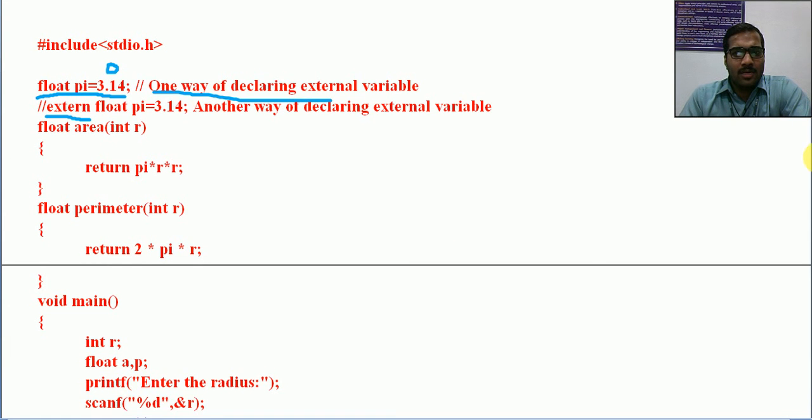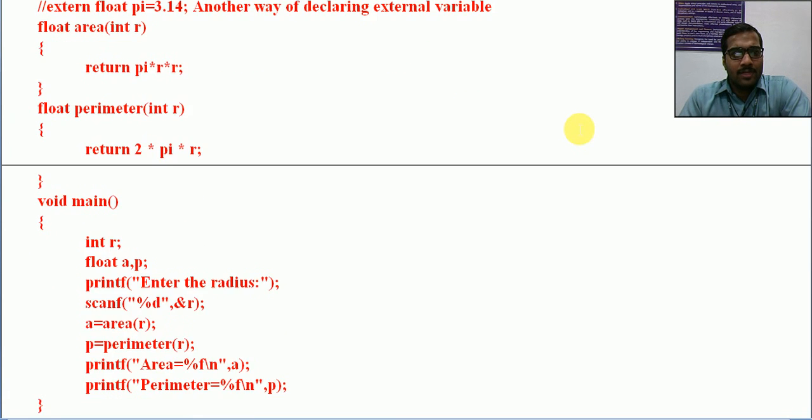Now let us see the remaining portion of the program. We will start with the main first. It is always better to start with main. So this is the main program. What is happening with this main? We are declaring a variable R of integer type, then A and P of float type, then we print enter the radius, then scanf of radius, then in relation with pi we are going to calculate some dimensions of a circle.